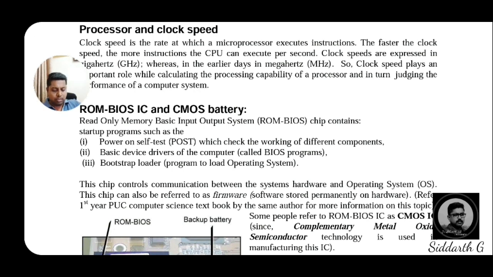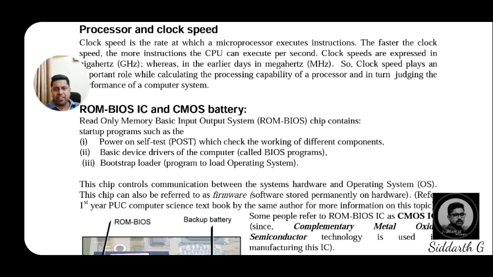Dear students, it is a unit, gigahertz. With the help of the clock speed of the computer, we are able to identify what will be the exact speed of the computer. GHz, gigahertz, will be the unit to calculate the speed of the particular computer.